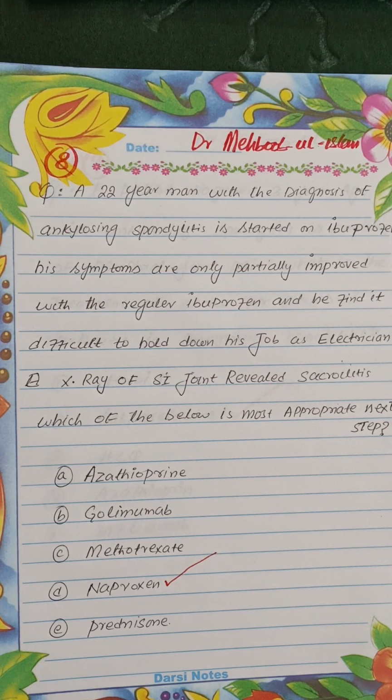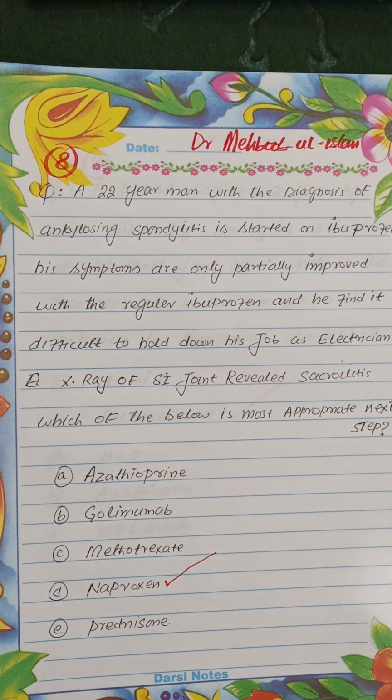Yes, it can be used as an adjunctive therapy, but not as a second line treatment. Golimumab. Golimumab may be used as a second line therapy, but before that you have to do some other step. Methotrexate is not a good choice for ankylosing spondylitis if the spine is involved. Naproxen. Yes, naproxen is a good choice here,